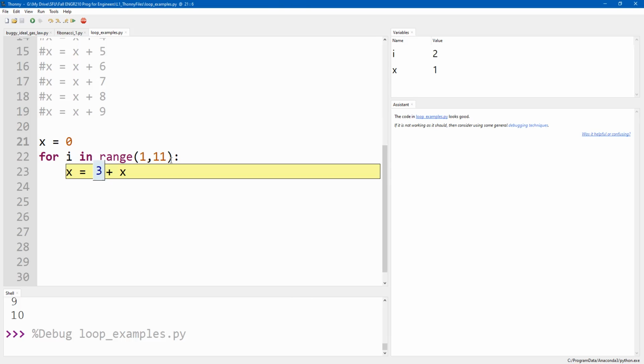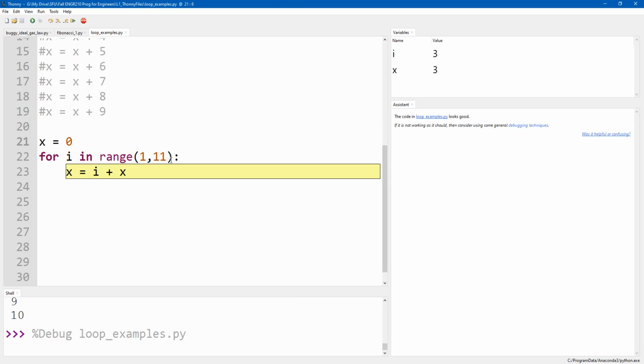So let's do another couple iterations here. After this line runs, X is 3. Where do I go now? Back up to the top. Yep. So back up here, I is now 3. Come back down here. X is now... I just became 3. From last time, X was also 3.